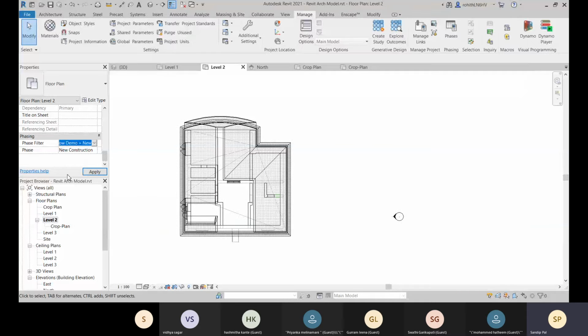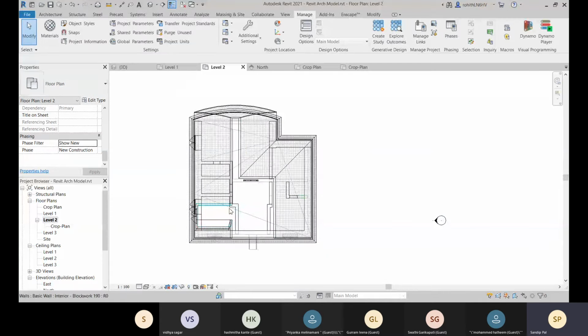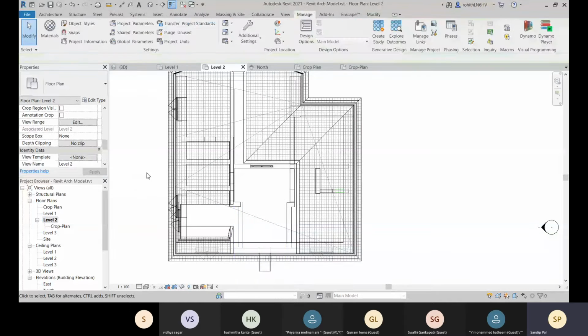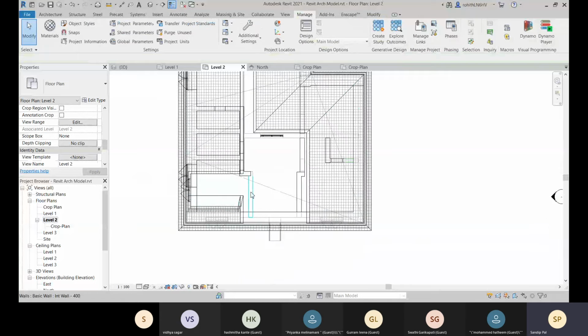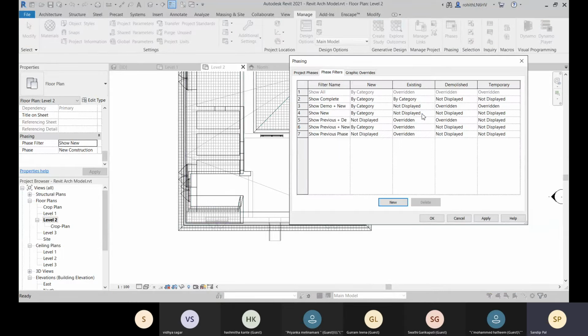And now if you come to show new, all the newly constructed objects, so there is all the newly constructed there. So if you go for anything like this is demolished. Okay, so like in this new construction phase, this is demolished. So now you can see that this is still visible, because this phase filter, show new, is included with this show new right now.